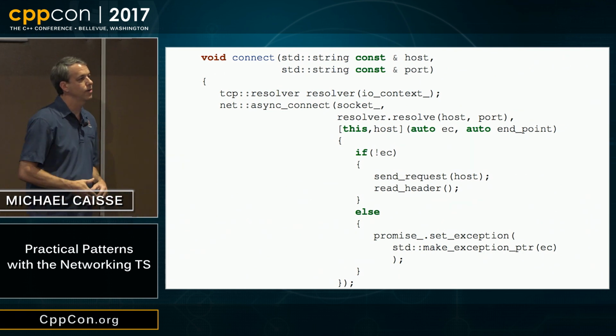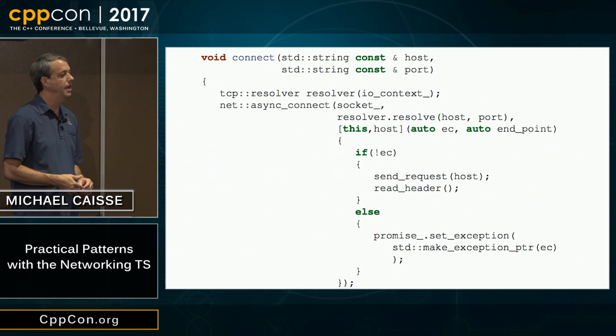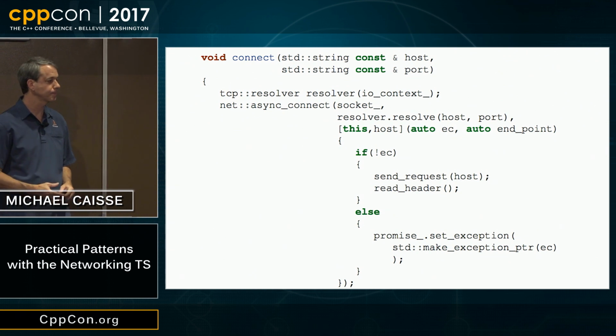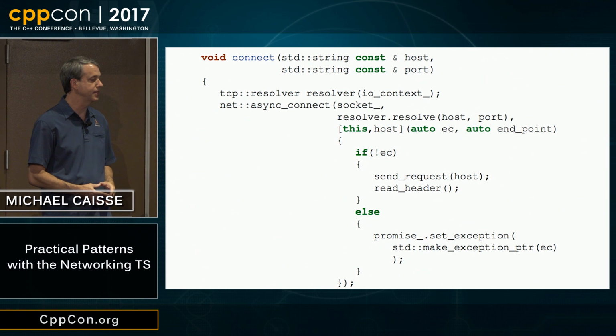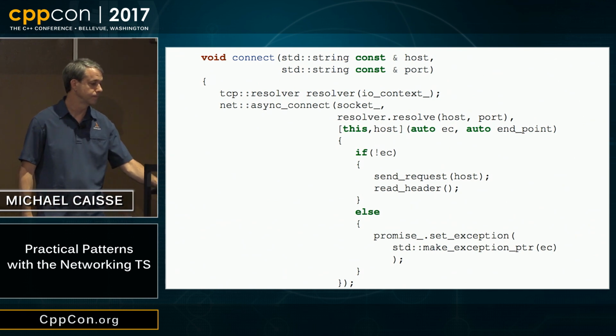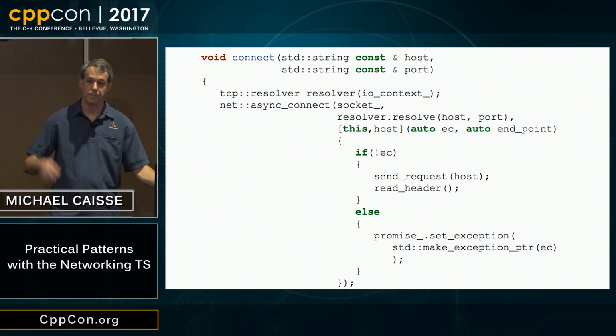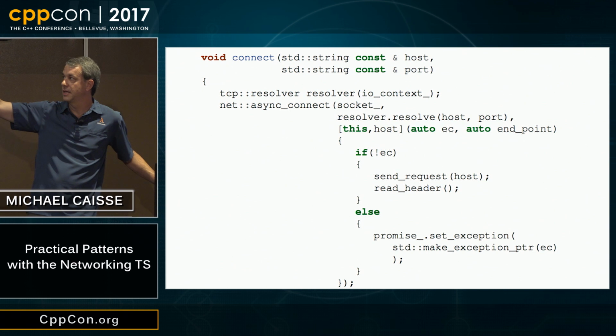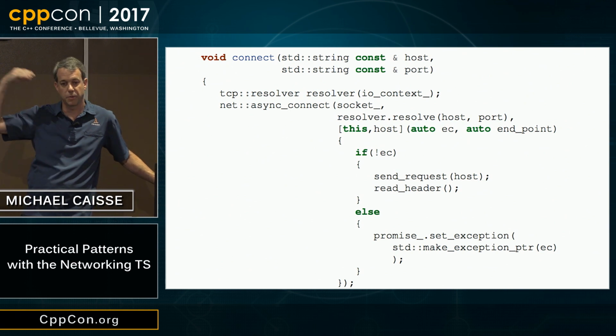It's going to check the error code, and if there isn't an error, it's going to send a request passing the host, and then start the read of the header. Otherwise, it's going to set the exception for the error that it received on the promise. The lambda is the completion handler. The lambda will get run after the side effect has occurred.